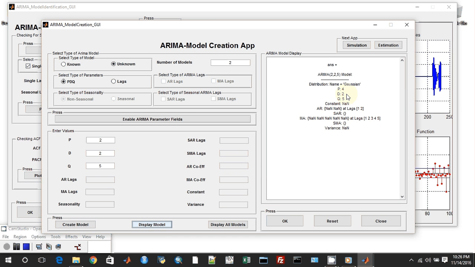and we can see whether we have created the correct model or not, and then we can select which kind of model we have to create next. So I have to create a model which depends upon lags, and it will depend upon both AR and MA lags. Is it seasonal or non-seasonal? Yes, it will be seasonal. It will have both SAR and SMA lags,